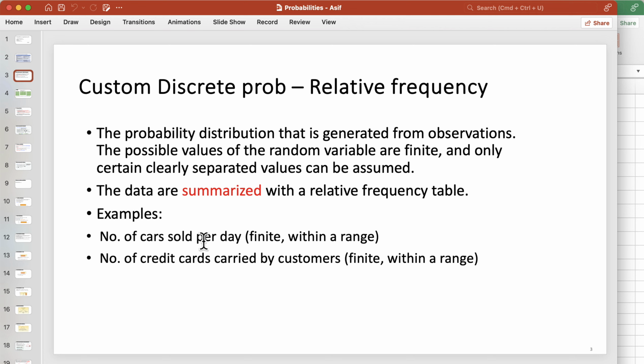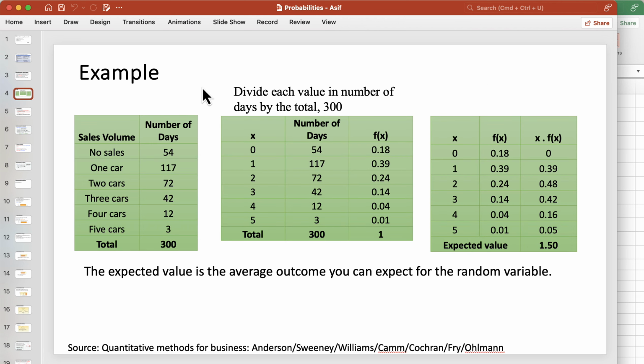A few examples are number of cars sold per day or number of credit cards by customer. Here's an example of custom discrete probability. First of all, as you can see, these variables are discrete, which means number of cars sold. You can sell 1 car, 2 cars, 3 cars, but you can never sell 3.5 cars. In this data, you have no cars sold on 54 days. 1 car was sold on 117 days, 2 cars were sold on 72 days, and we have this data for